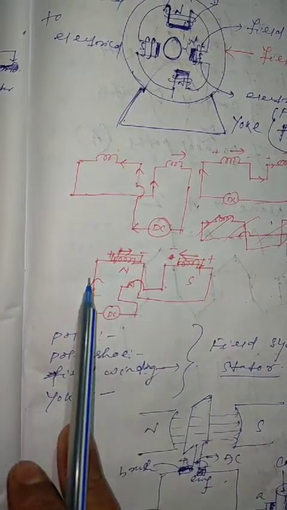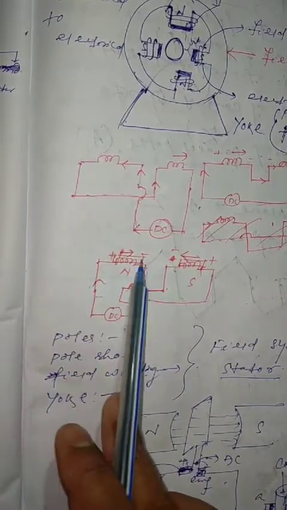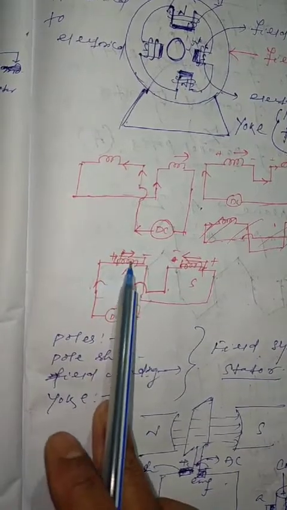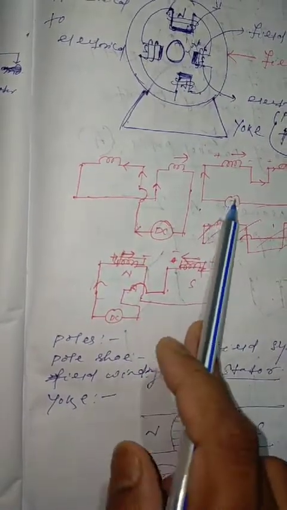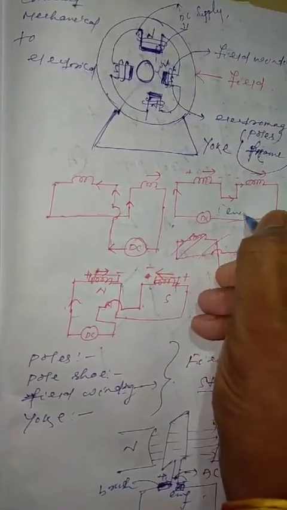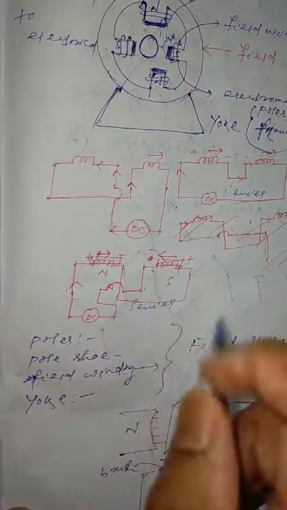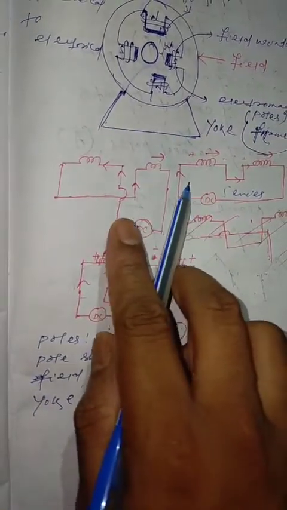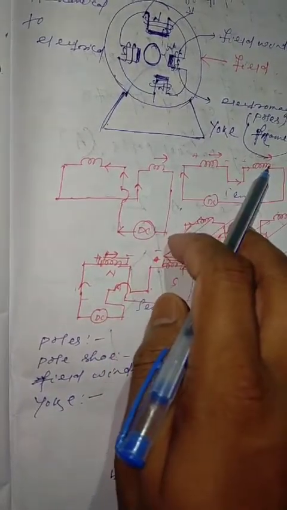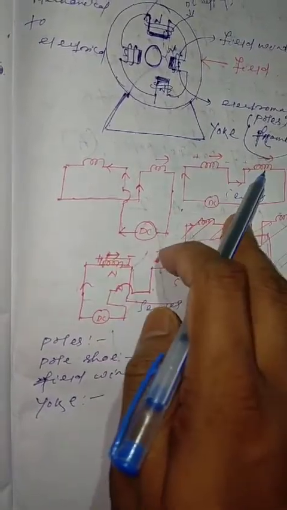You have to take some core part, and over the core you have to give some winding. The windings are to be connected in field opposition or series opposition. What is series opposition? This is known as the series connection, and this one is series opposition. Whenever we give the DC supply to this winding, the current flows in this way, and here in this way. Then whatever magnetic field is created, both are created in the same direction.